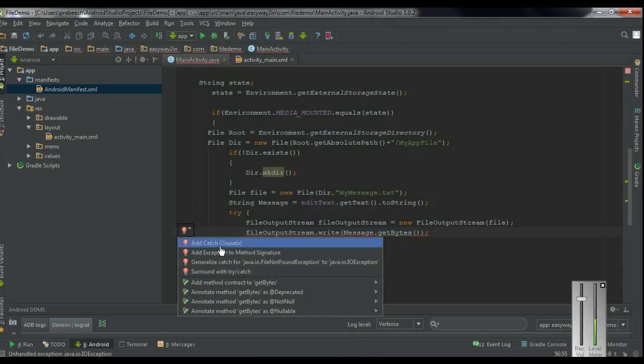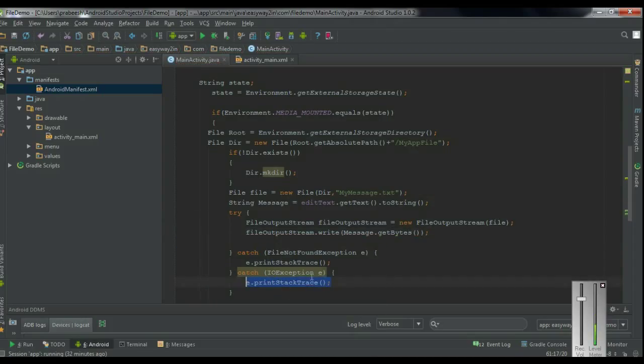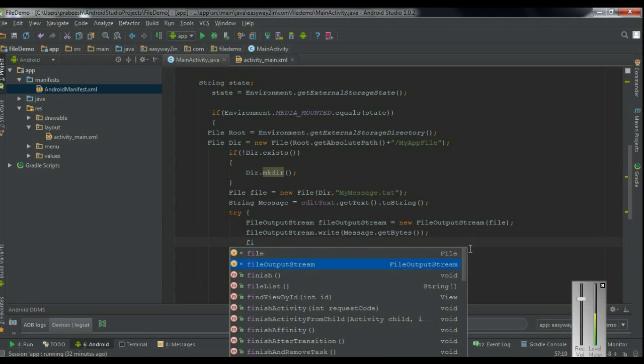Add the needed catch clause. Here it is IOException. Okay, so now we write the information into a text file available on the external storage of the device,